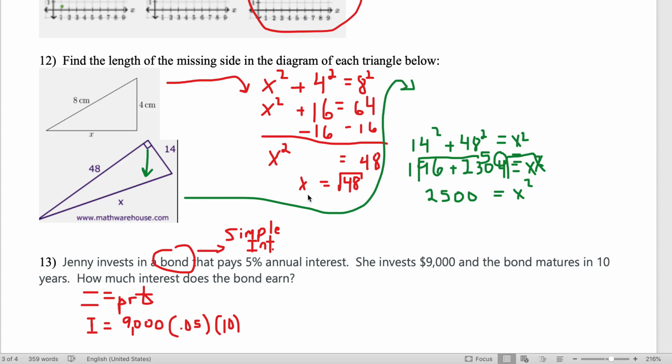As far as the green one goes, this is a leg squared plus leg squared is hypotenuse squared because, again, it's the Pythagorean theorem. This time, however, the x is the hypotenuse. So it's 14 squared plus 48 squared equals x squared. 14 squared is 196 plus